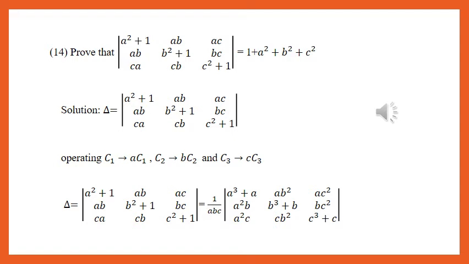Understand? Whenever you multiply elements of a determinant, outside it should be taken, or multiply and divide. That is the logic. Multiply and divide. Otherwise, the value will change. But if a common factor is there, straight away you can take it out. But if you want to multiply each element, you should divide also. Otherwise, the value will be changing.